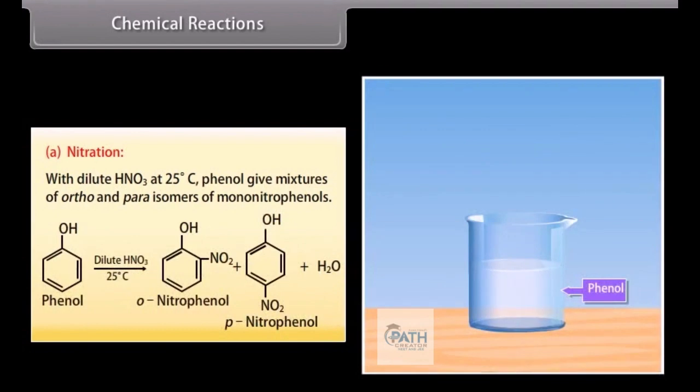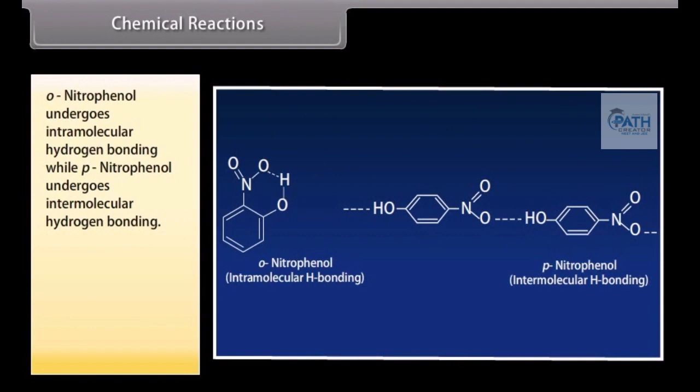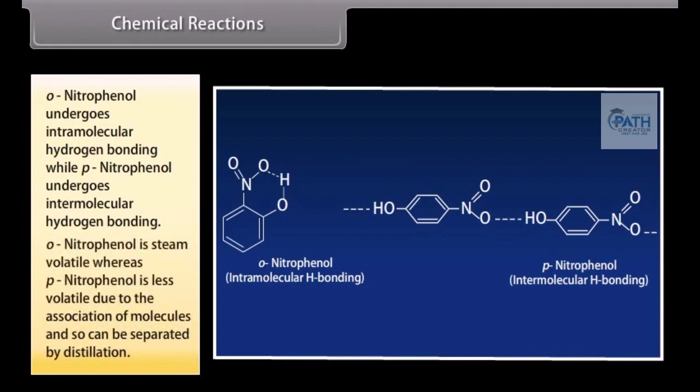On adding dilute nitric acid to phenol at 25 degrees Celsius, it forms ortho-nitrophenol and para-nitrophenol. Ortho-nitrophenol undergoes intramolecular hydrogen bonding, while para-nitrophenol undergoes intermolecular hydrogen bonding. Ortho-nitrophenol is steam volatile, whereas para-nitrophenol is less volatile due to the association of molecules and so can be separated